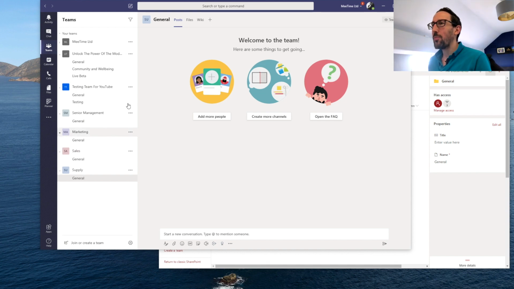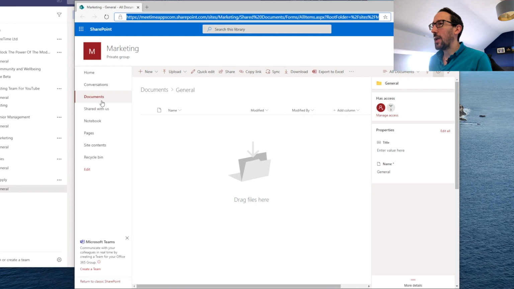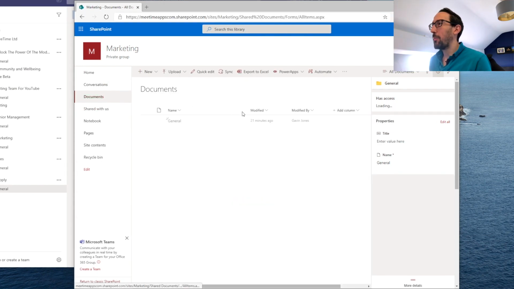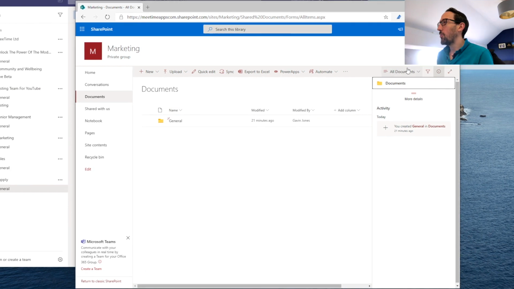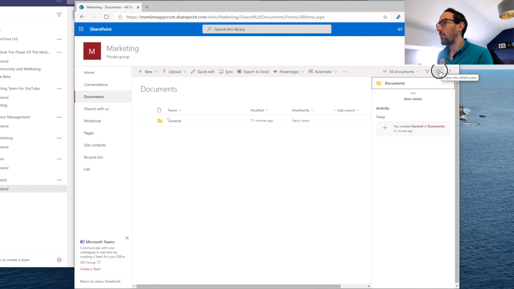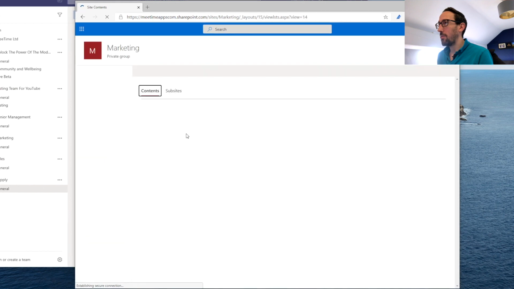So in the example where we want to open up the marketing calendar to every team, this is what we can do. We can go back to the SharePoint view, and you can just do it in this document library, which I'll show you, but I wouldn't recommend it, and I'll go through why. So if we're in documents, we want to open up the whole of the document library to another team, then we can go to Site Contents,